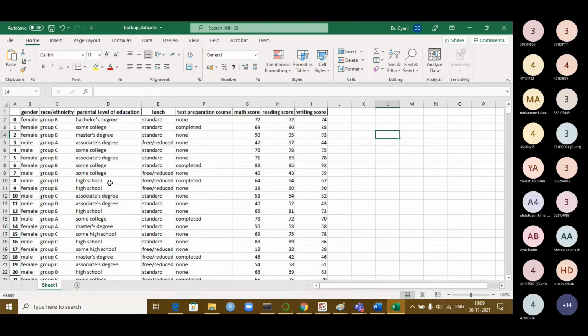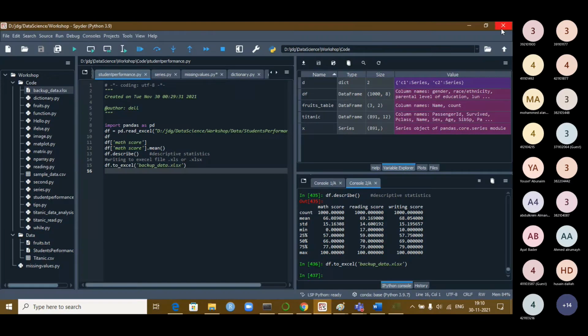It has many fields like gender, race or ethnicity, parental level of education, lunch, what lunch type is provided, test preparation course, math score, reading score. These three columns are numeric values. That is the reason we got statistics for these columns. So this is the file.